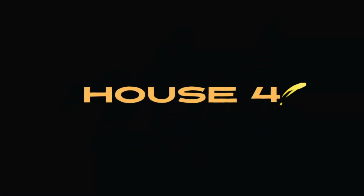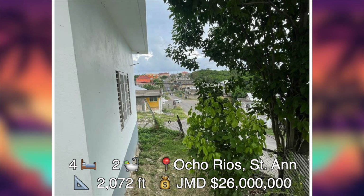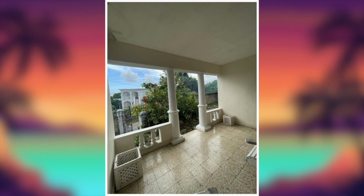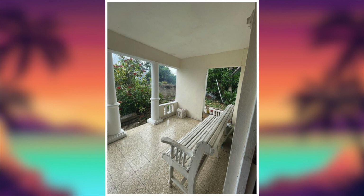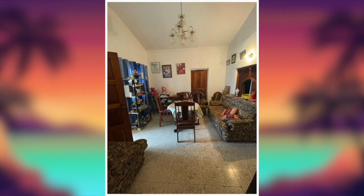House number 4. Here we have a 4-bedroom, 2-bathroom house found in Mansfield in Ocho Rios, St. Anne. The size of this house is 2,072 square feet and it's on the market for 26 million Jamaican dollars. Let's go on the inside. First up, we have the veranda. Next is the living area, dining area,